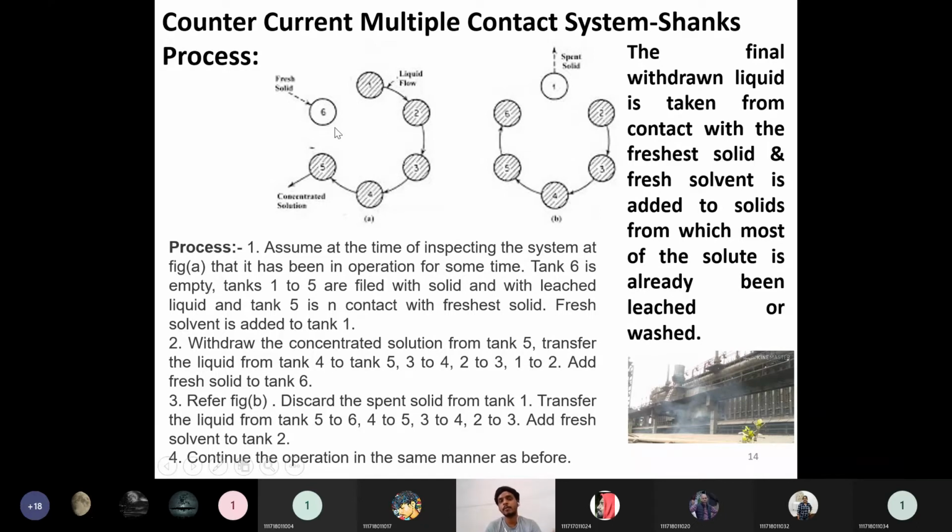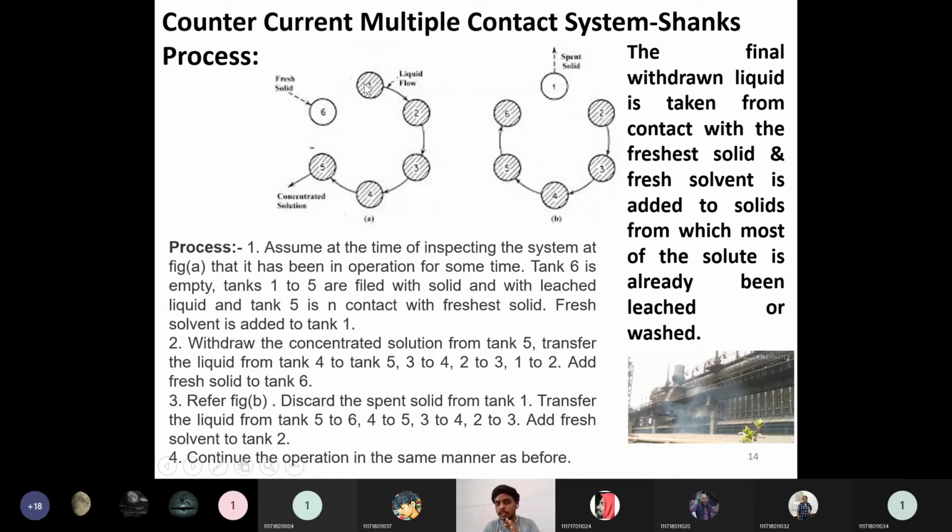This type of operation can be popularly applied for 6 to 16 batteries or tanks, we can say. In the coke oven, in the big steel plants, the coking of coal takes place in nearly 16 tanks. For the battery in the coffee extraction industry, they will use only six vessels. So how will these vessels be operated?